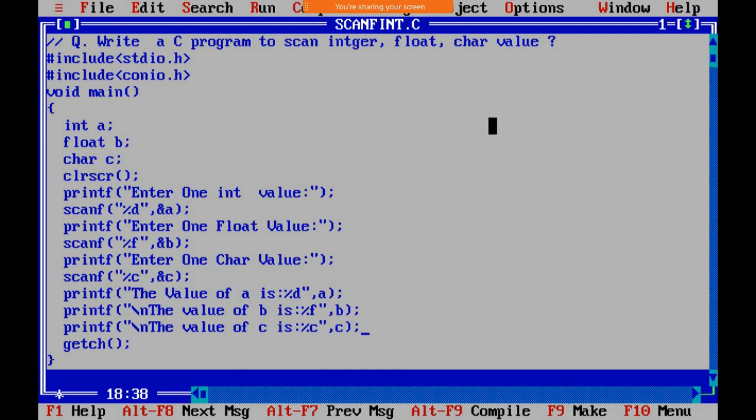Write a C program to print scan integer float, C. ये बहुत बेसिक प्रोग्राम है. अगर आपकी कॉन्सेप्ट क्लियर हो ना तो आप 1000 लाइन्स ऑफ कोड भी लिख सकते हो. So that's why I'm saying you need to perform the practical. Once you perform the practical, you will get the brief idea regarding how to write a program, how to use the predefined functions. Okay, so you need to perform this practical.